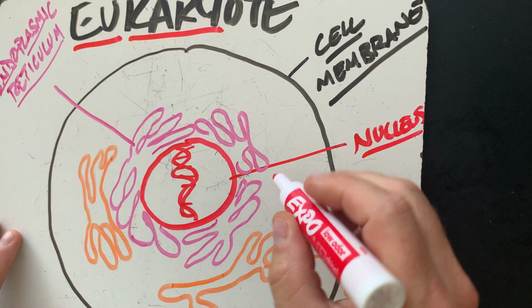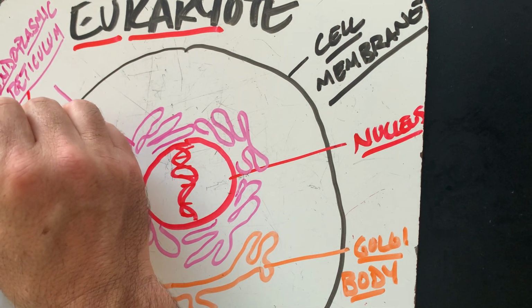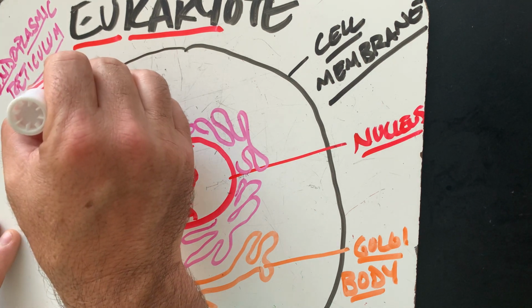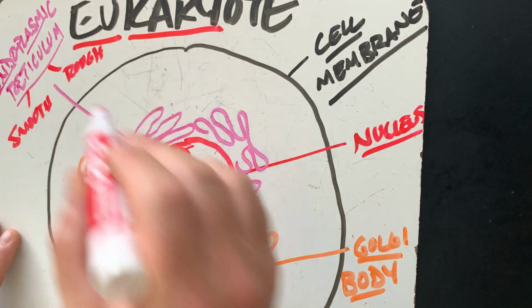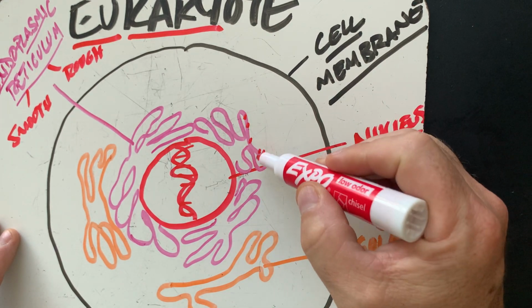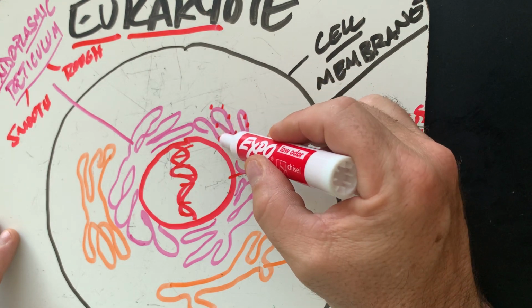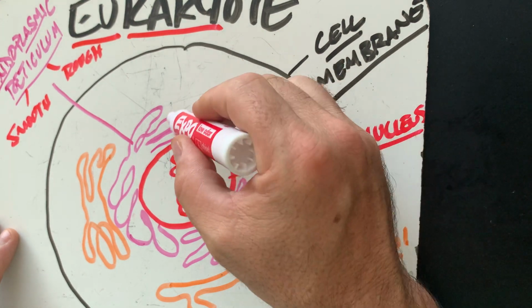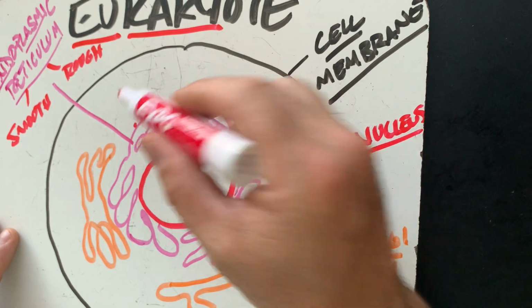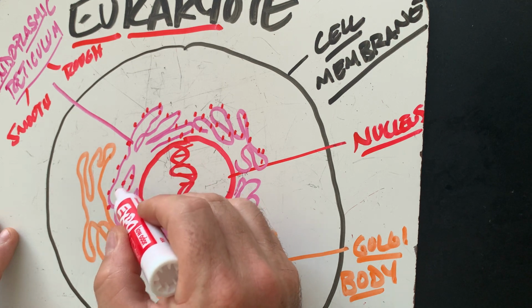We also have, and I was just thinking about this, there's two different categories of endoplasmic reticulum. You've got smooth and you've got rough. So what I'm going to do now is make this rough. I'll leave this one smooth. So I've got rough endoplasmic reticulum, and there's these little dots on them. And these little dots are proteins. And these proteins are going to be what we call ribosomes.